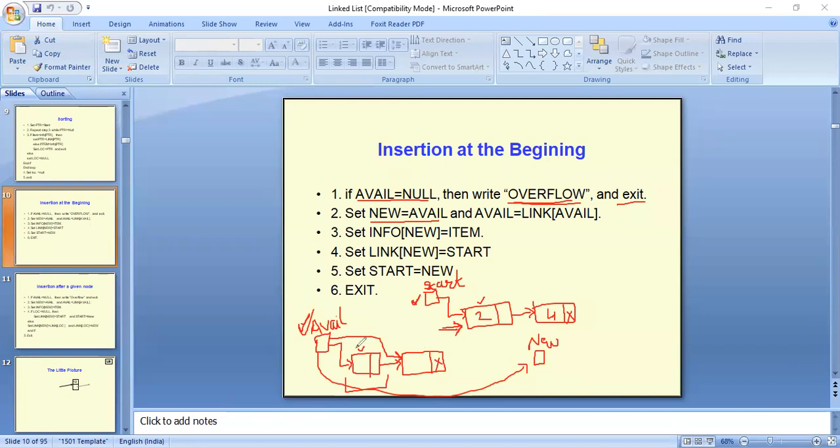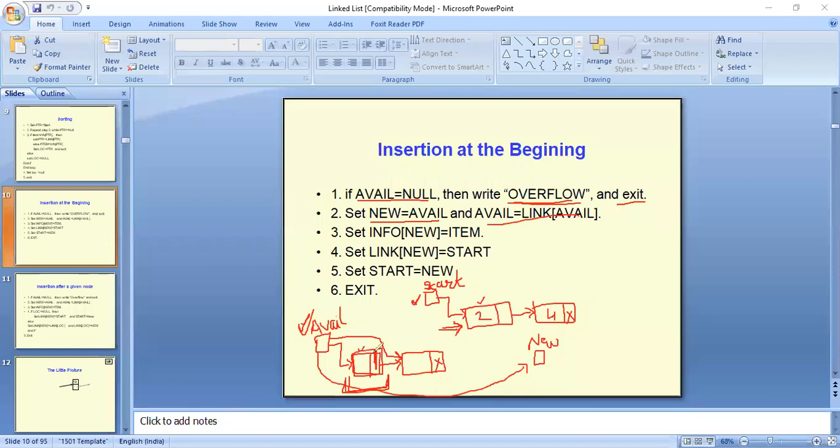And now we have to provide the address of the next node to aval, and the address of the next node is with the first node's link part. So the link part is holding the address of the next node. So we will update aval to link of aval.